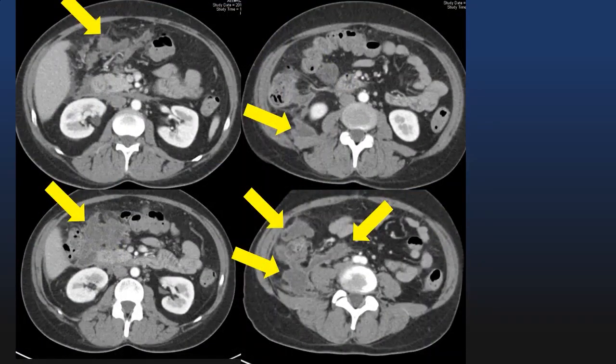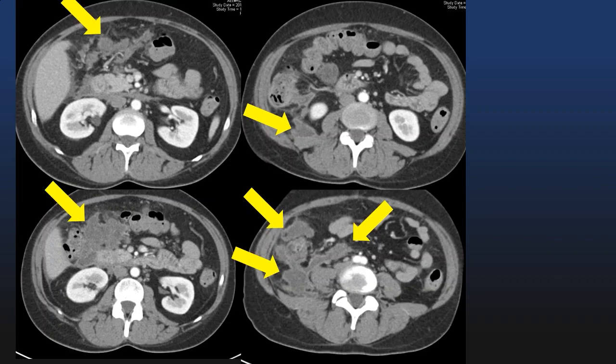Here's another person for whom fat is a little bit of a clue as to what the underlying diagnosis is. There's a very nodular process involving multiple compartments, including the transverse mesocolon, the retroperitoneum, surrounding the ascending colon. But notice, as I alluded to, there are small locules of fat within this process. And this patient had an